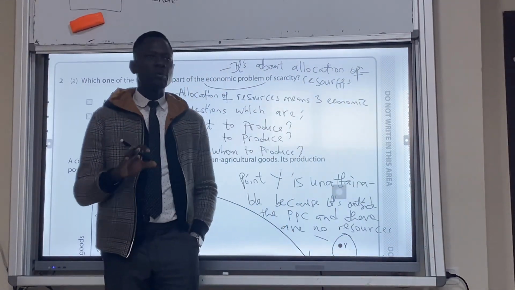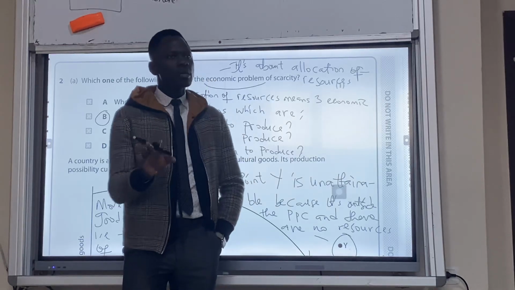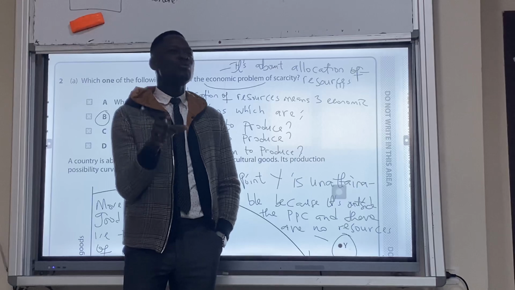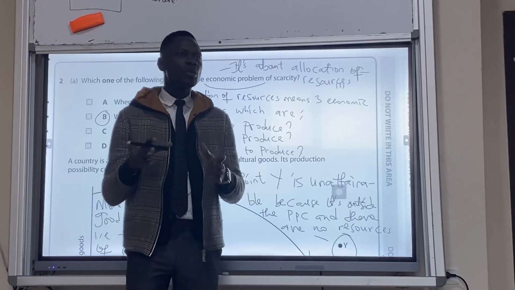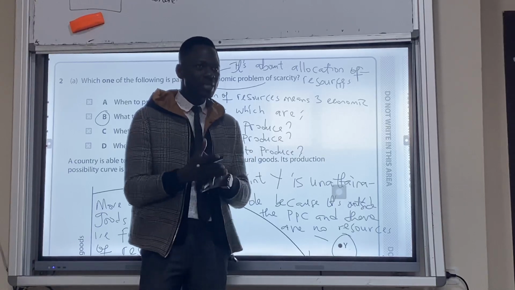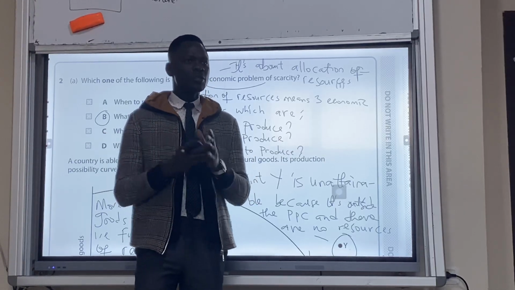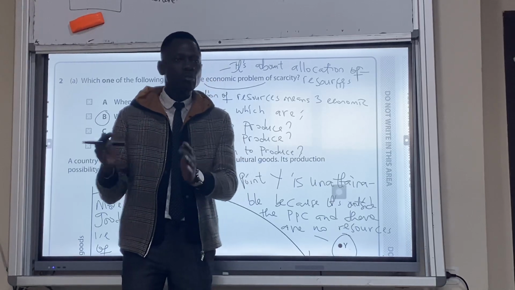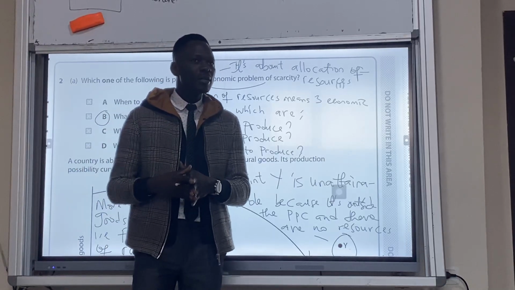When we talk about the economic problem, it's basically that there's scarcity. Scarcity comes as a result of not understanding how to allocate resources. Resources are not always going to be enough. That means our factors of production, land, labor, capital, and enterprise, are not always going to be enough. As a result, we are faced with asking ourselves, what do we need to produce at this present time? So that is the problem.